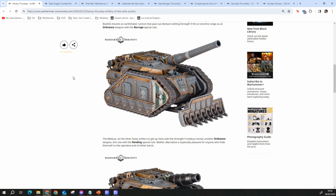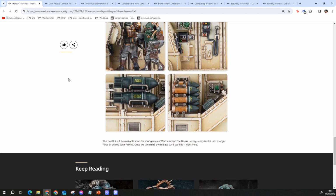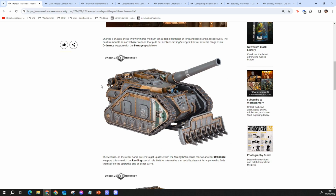Solar Auxilia backups. I do think the tanks are really awesome. I think what would be good for them to do, because Horus Heresy, right? There are so many big tanks, so many heavy support slots, so many Lords of War, is to have more force organization charts, because we're clearly not getting many troop units in Horus Heresy plastic, but